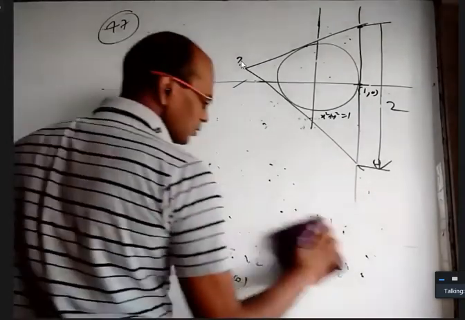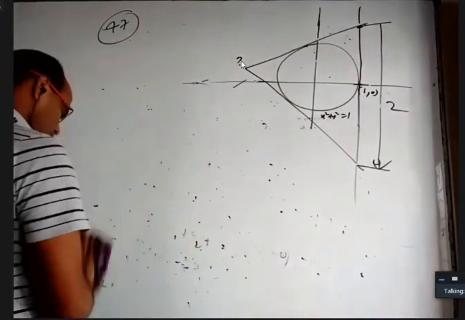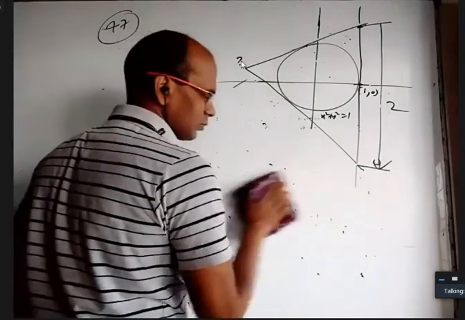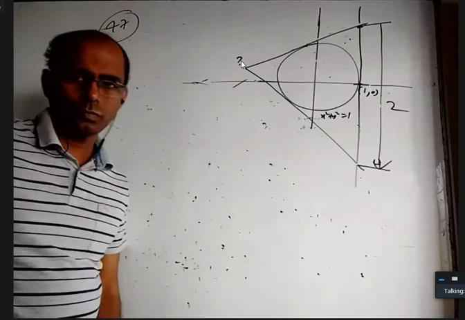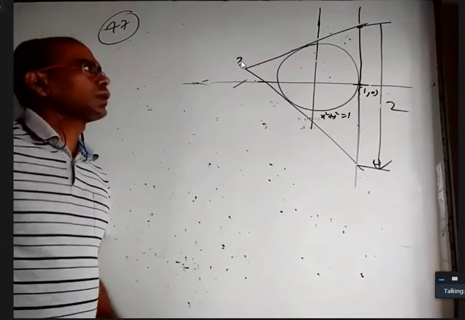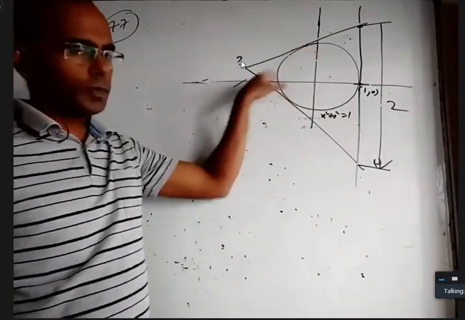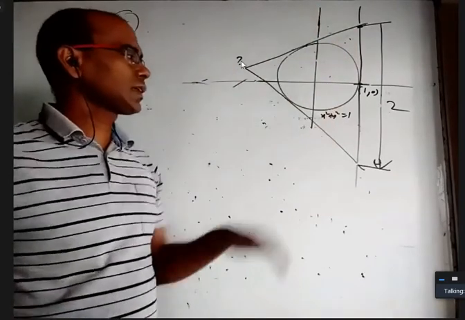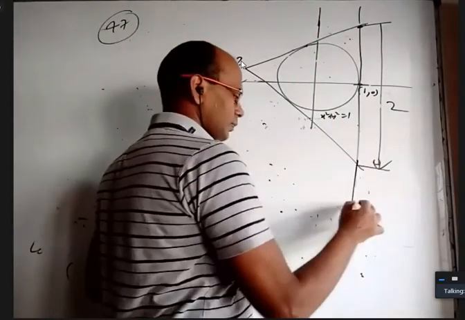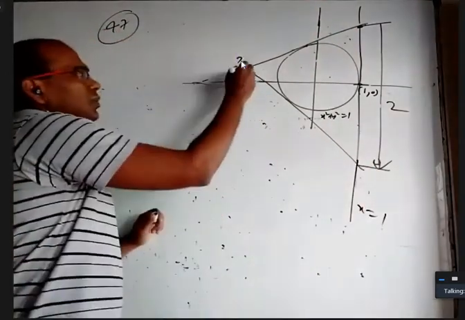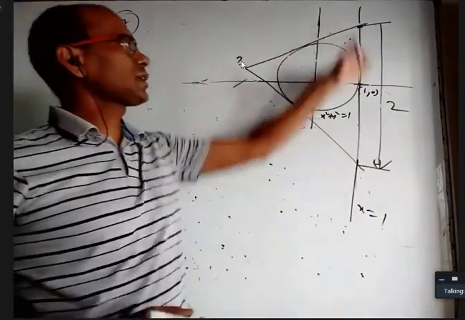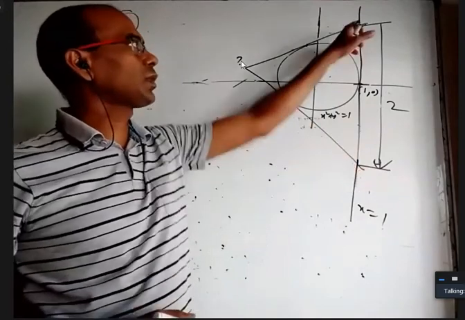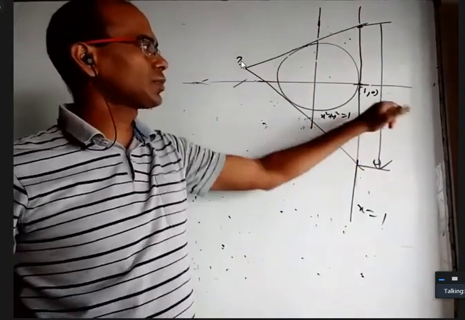Anyone want to give an idea how to do it? Sir, one question. The circle is x square plus y square equal to 1. At x equal to 1, there is a tangent. That line equation is x equal to 1. You take any point outside the circle, draw 2 tangents to the circle. Those tangents, when extended, meet the x equal to 1 line at 2 points. The distance between those 2 points should be 2 units.